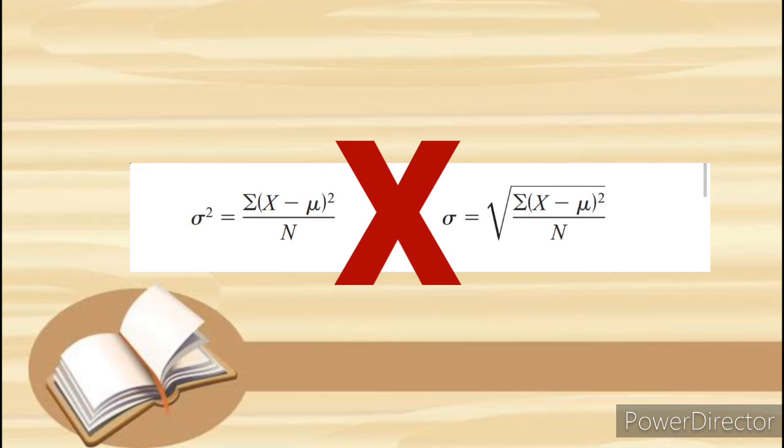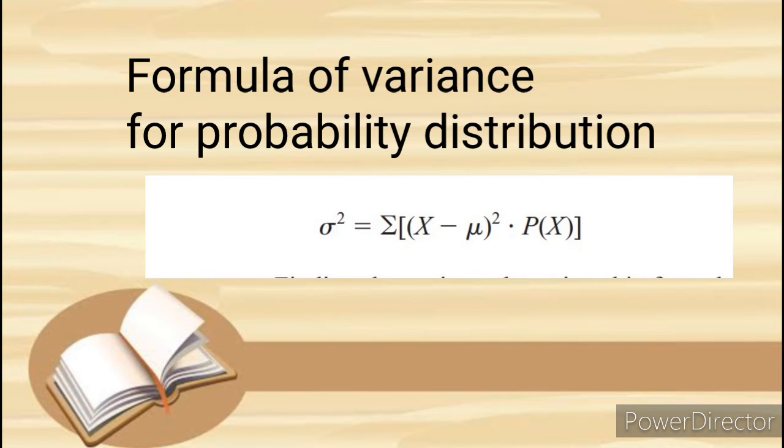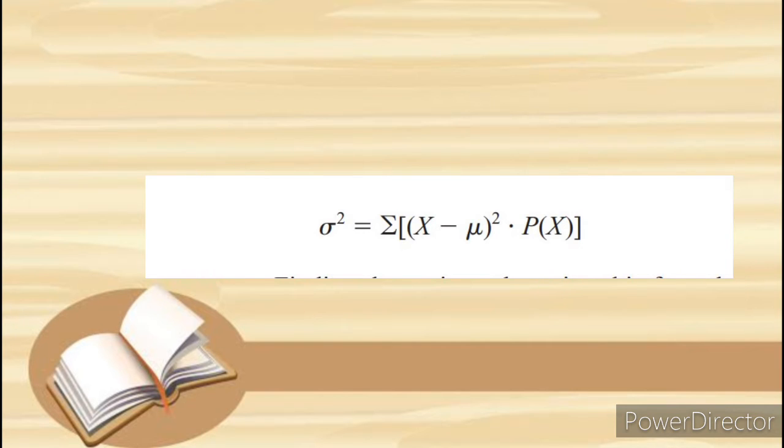To find the variance for a random variable or a probability distribution, subtract the theoretical mean of the random variable from each outcome and square the difference. Then multiply each squared difference by its corresponding probability and add the products. Finding the variance by using this formula is somewhat tedious, so for simplified computation, a shortcut formula can be used.